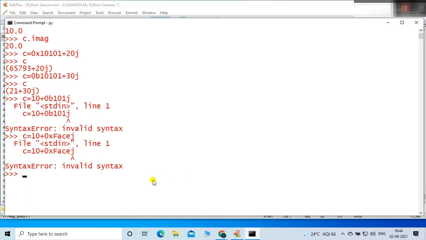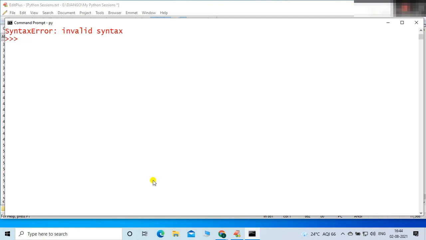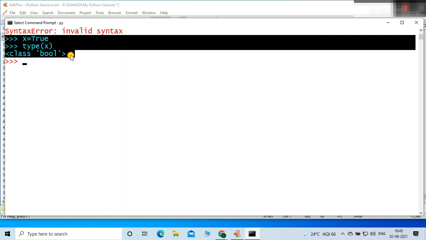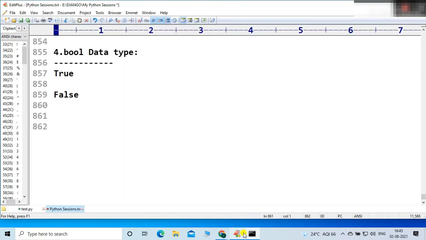Let's have some examples. Let me go to the console again and type x is equals to True. It is of type boolean. Let me find the type. The command is type, which is a function. I want to find the type of x. True is assigned to x. So what is the type of x? You can see the type of x is bool. The type is boolean, friends, right?